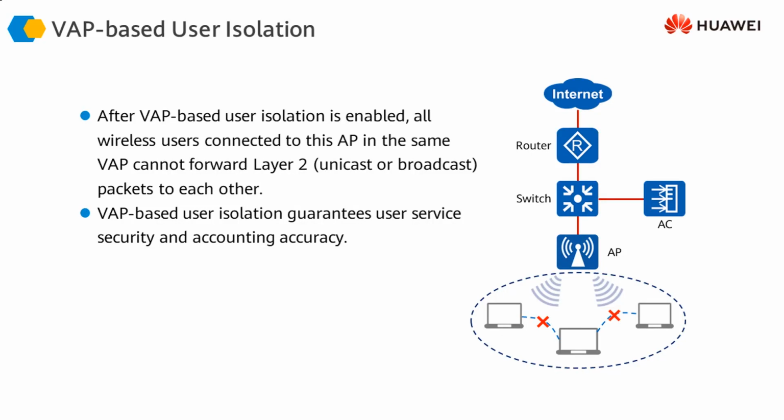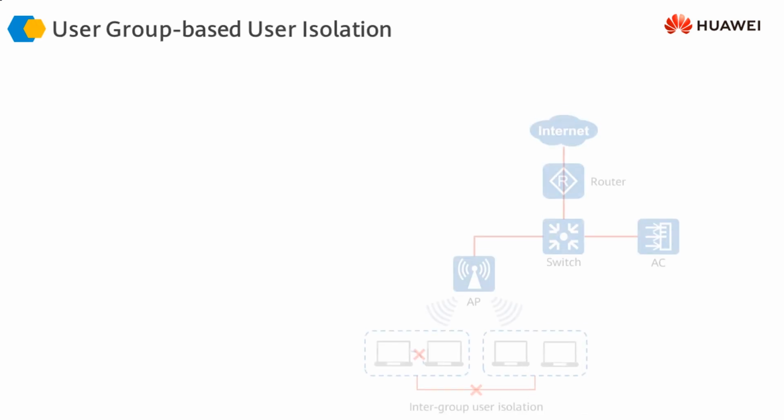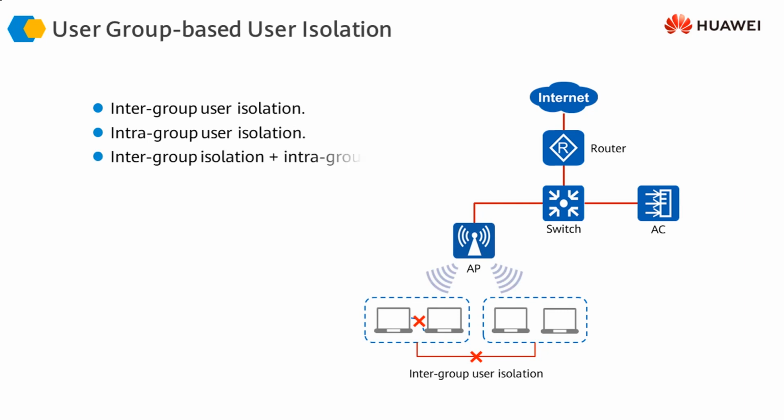The concept is that all the stations or clients are connected to a virtual access point, and virtual access points are isolated from each other, or the clients of the virtual access point are isolated from each other. This is an important function of the CAPWAP protocol, or an important function of implementing security at the CAPWAP level. This isolation can either be at the virtual access point level, or it could also be based on user groups, which means that certain groups of users could be isolated from each other and cannot communicate with each other based on their group membership.